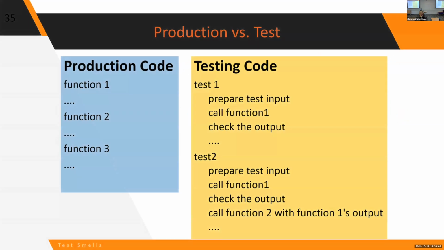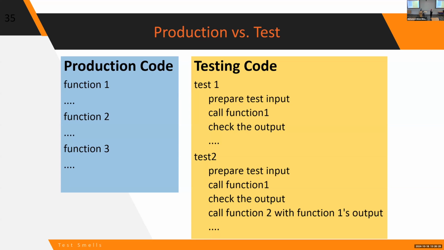So again, to give you some context, when you write code, what we've been talking about so far is production code, right? You write your own code for whatever you want to do, and it has a bunch of methods. Testing code is another piece of code that is responsible for testing this production code. So from now on, production means your code, and testing code is the one written for the purpose of testing this production code to see whether it passes and does what it's supposed to do or not, right?